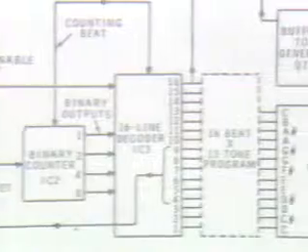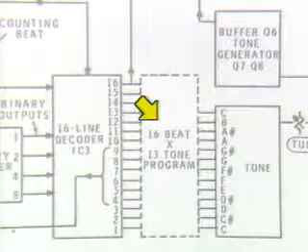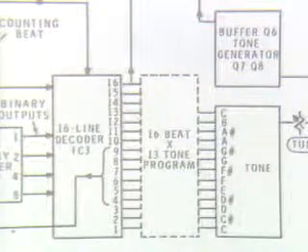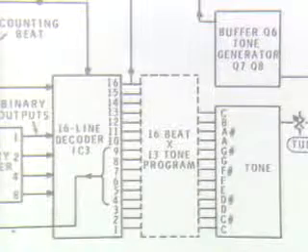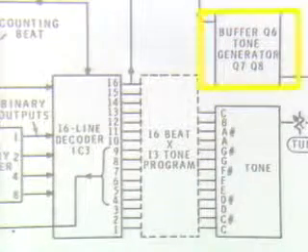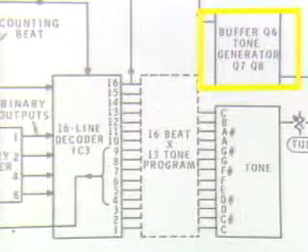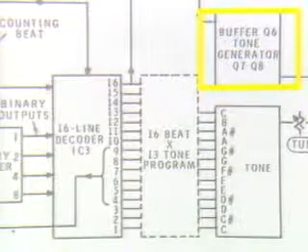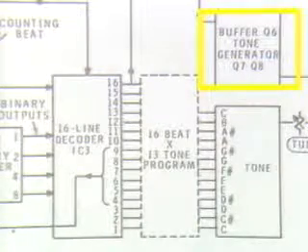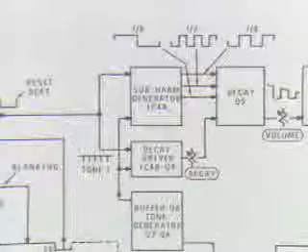In the programming section of the circuit, a melody has been previously programmed by the assembler. This was done by connecting the 16 outputs of the decoder into a resistor network in the tone generator section, which consists of transistors Q7 and Q8 and buffer transistor Q6. In this way, a specific tone can be produced in time with each beat.